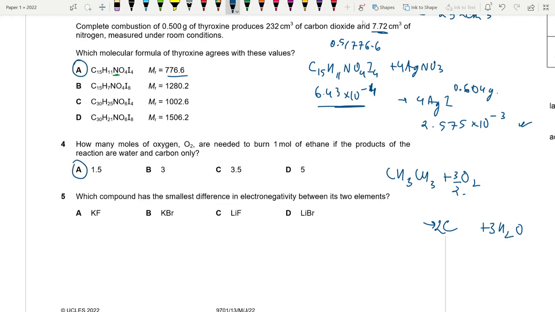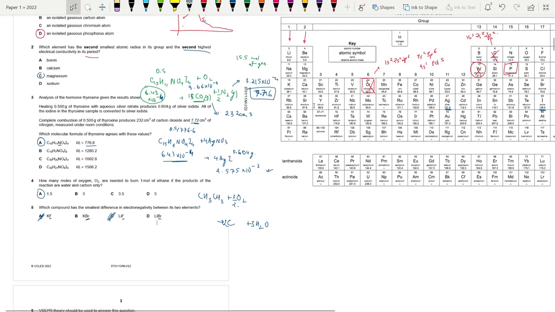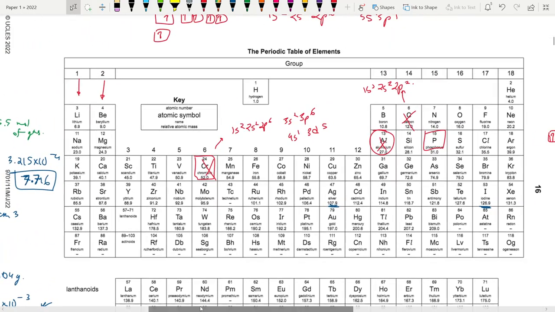Which compound has the smallest difference in electronegativity between the two elements? Fluorine has the highest electronegativity. Okay, so the difference will be wider. So it can't be A or C. It needs to be bromine, because as you go down the group, electronegativity decreases. What about potassium and lithium? It can't be fluorine because it has the highest electronegativity. Bromine has lower electronegativity. And if you compare potassium and lithium,